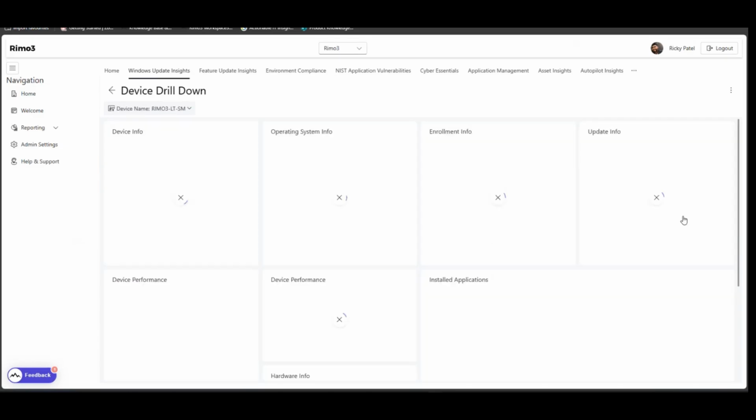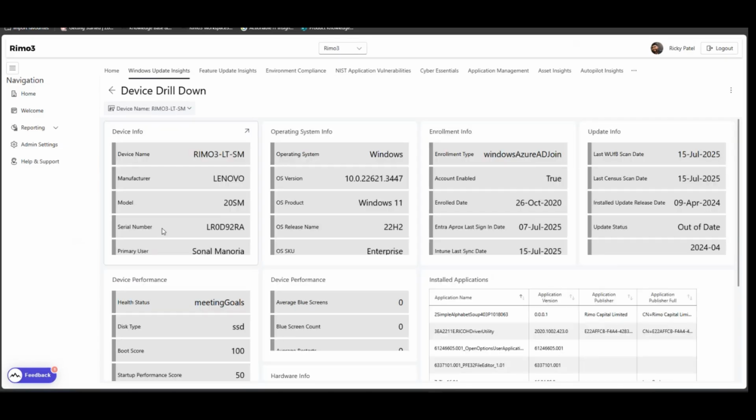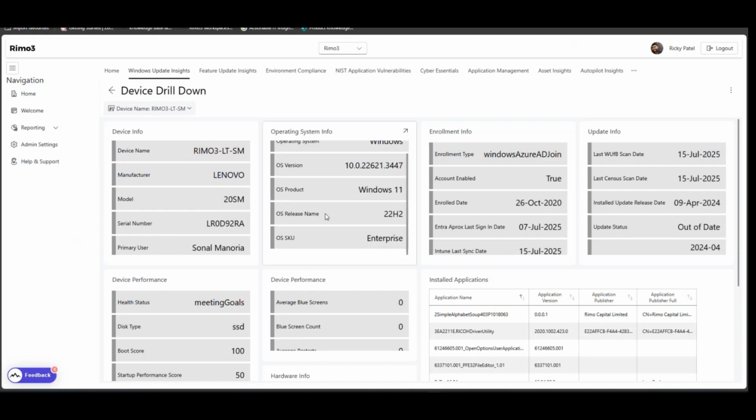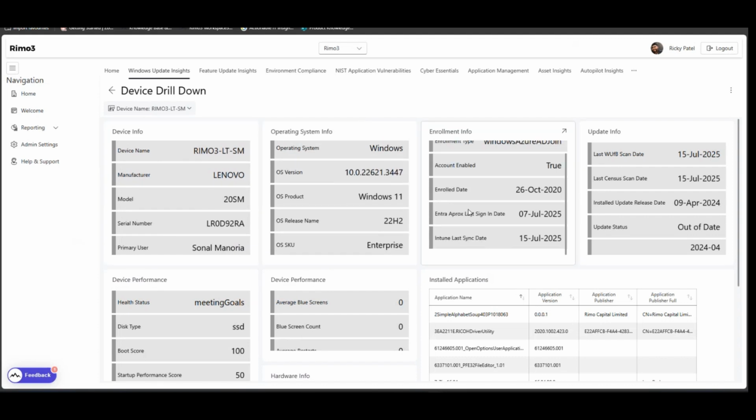If I wanted to then explore a certain device, I can click on the paperclip icon over here on the right hand side and then drill down into this device. So I can start to see then the make, the models, the serial number, information regarding the operating system and the enrollment